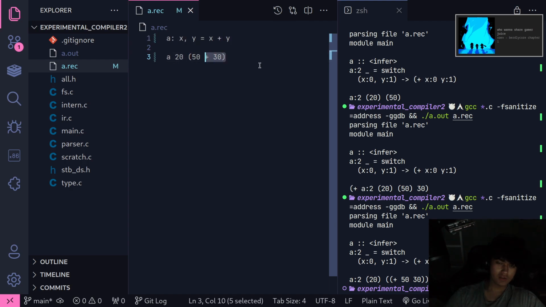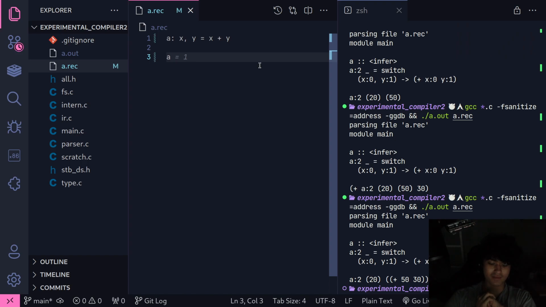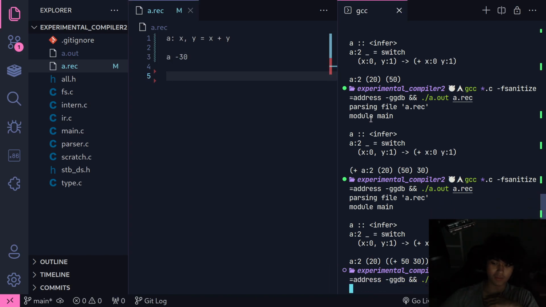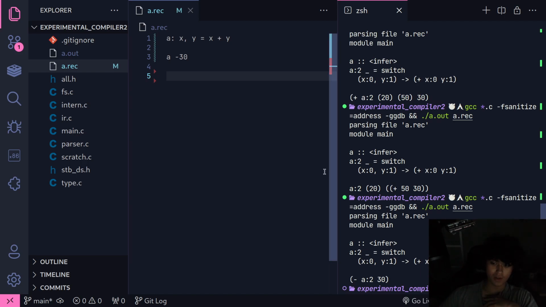And I'll get into the ambiguity with function calls and unary expressions. So take a look at this. You'd think a is being called with minus 30, but no, it's a minus 30.